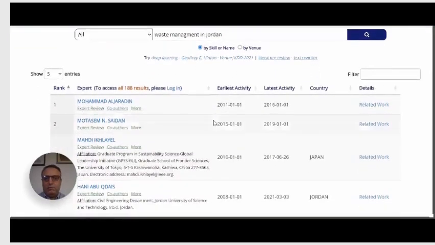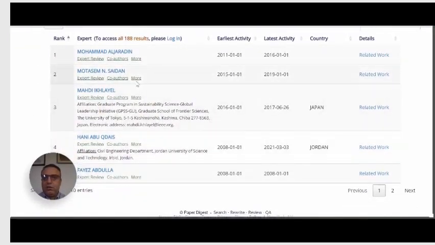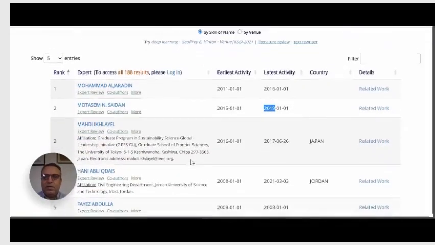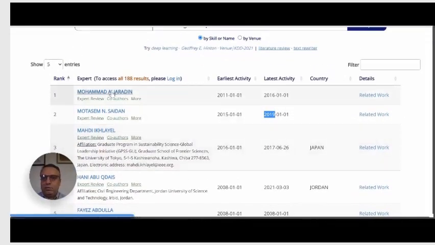Yes, you see, it located me as one of the people who've been writing about this topic, from 2011 to 2016. But there is another guy called Mu'tasam. He wrote from 2015 to 2019. Another guy has been working on the topic. And then if I want, for example, this guy,